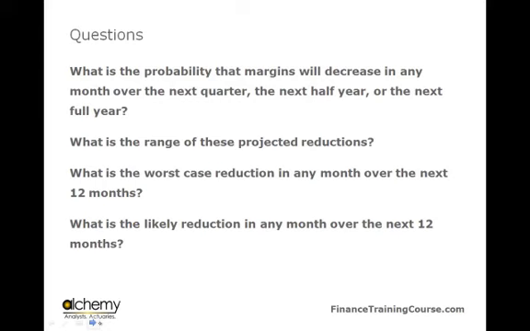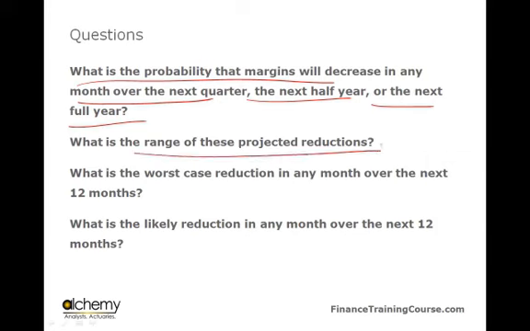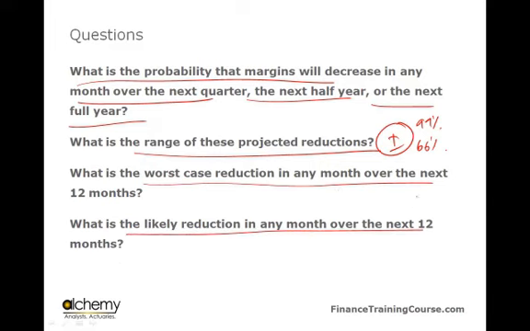Now, if you think in terms of the questions that we've been asking using the tool that we've just shared earlier, the first question is, what is the probability that margins will decrease in any month, over the next quarter, the next half year, or the next full year? The next question is, what is the range of these projected reductions? So, plus minus what number? And that's where you go from 99 percentile to 66 percentile. What's the worst case reduction in any month over the next 12 months? What's the likely reduction in any month over the next 12 months? If you go back,